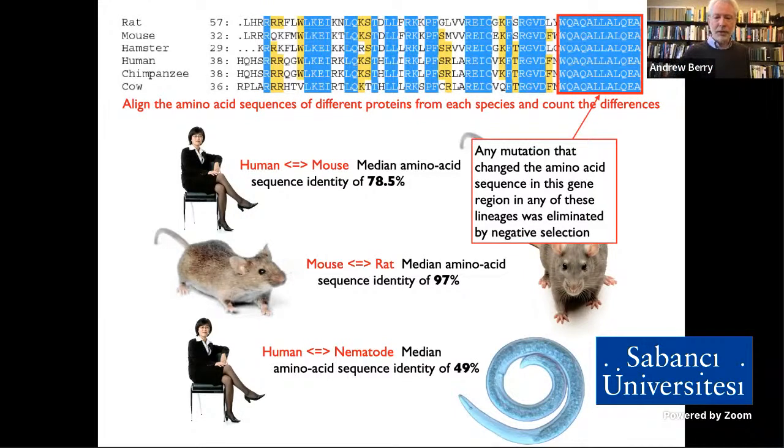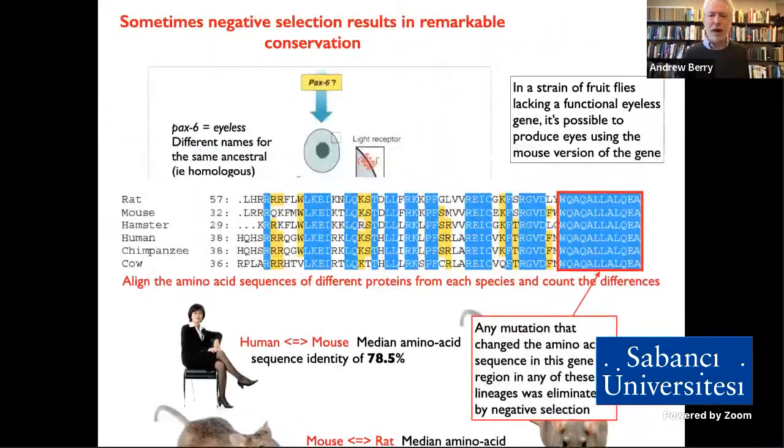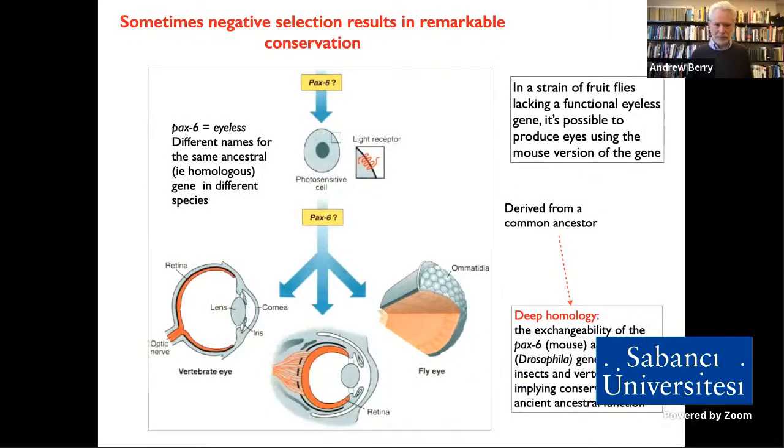My favorite example is a really almost sort of crazy extreme example. This is a gene which has two names because it was independently discovered in two different systems. In mammals, it's called PAX6. In fruit flies, it's called eyeless. It's called eyeless because if you have a mutation in that gene, you don't have any eyes, eyeless, okay? And it turns out the same with PAX6, in mammals, if you have a mutation, the mammal, the baby mouse or whatever, does not develop eyes.